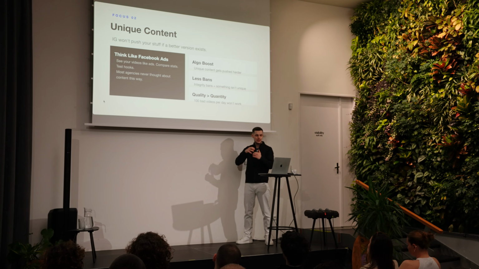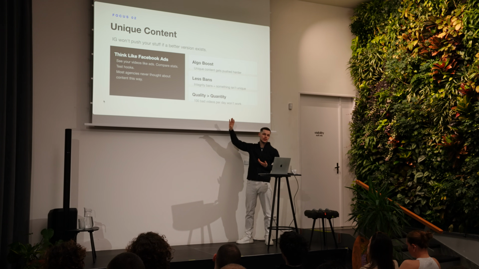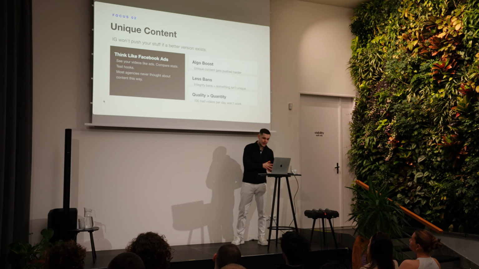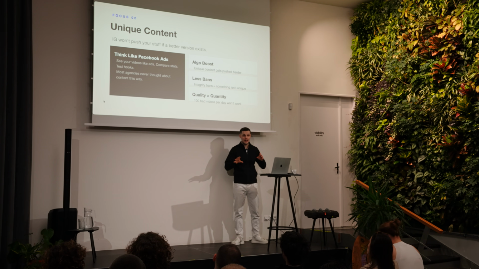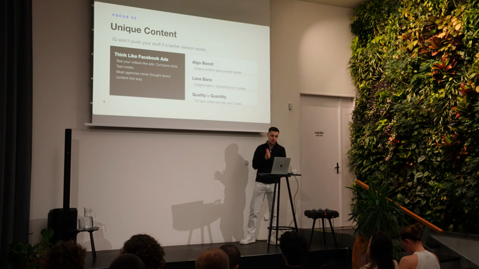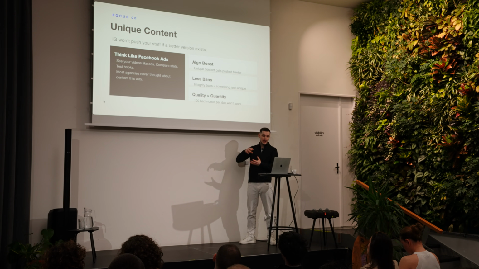So Instagram has a compounding effect, as all of us know. The longer the accounts survive, the more they grow exceptionally. So our goal is to have every single piece of content be unique, because it boosts your algorithm. In fact, unique content does get pushed harder. You don't face that many bans, and Zuckerberg isn't destroying your entire agency, but also you're able to focus on